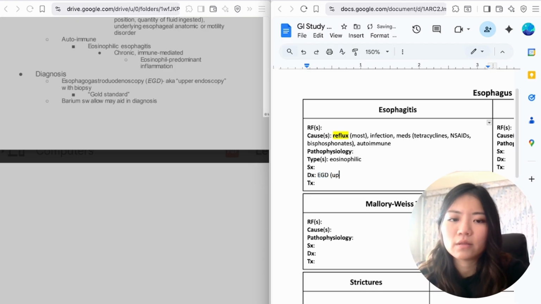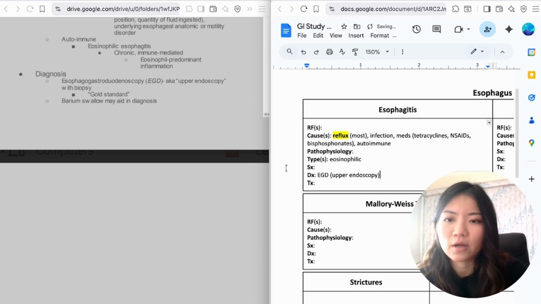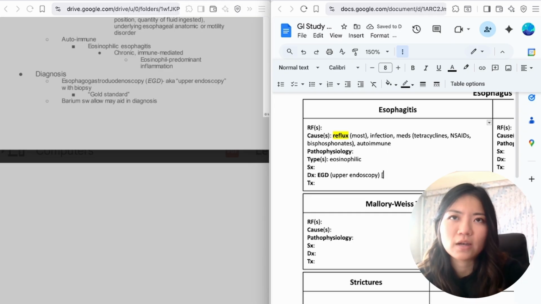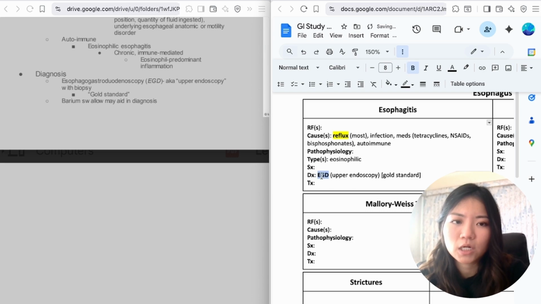And then you can write, just so you know what it is, because later when you're studying, you don't want to be like, what is that again? And then have to look it up separately. So you can write upper endoscopy. That is the gold standard. So if something was the initial diagnostic modality versus the gold standard, I would make sure to differentiate that. Highlight the gold standard. Well, I'd highlight both because they ask initial versus gold standard quite frequently,